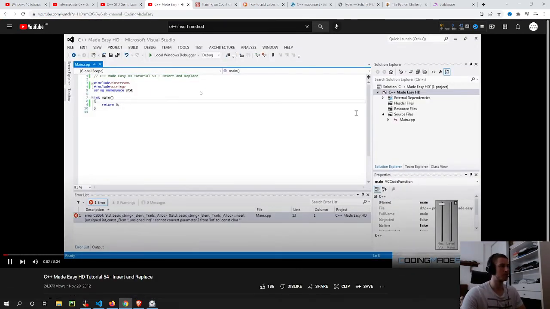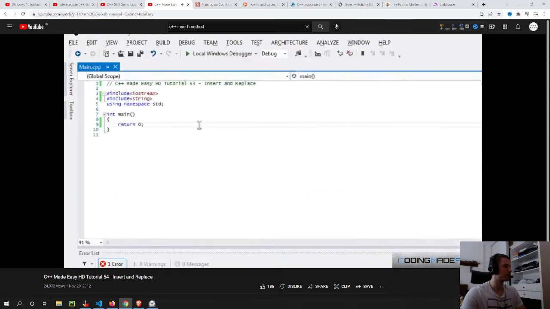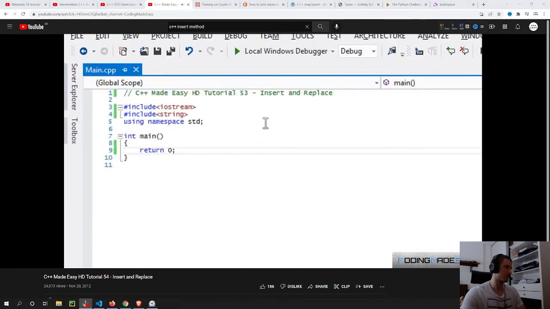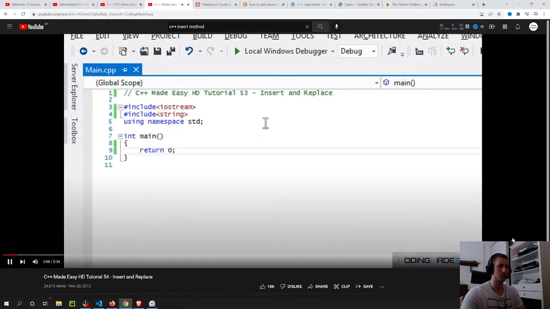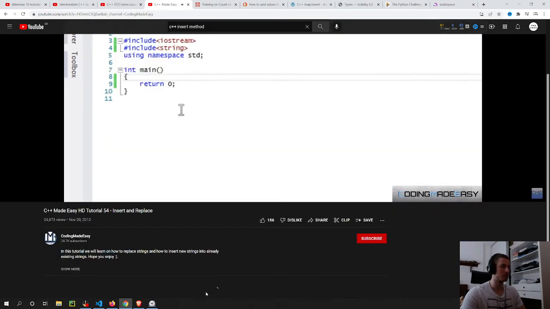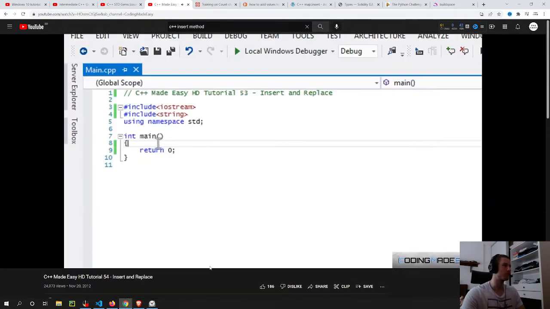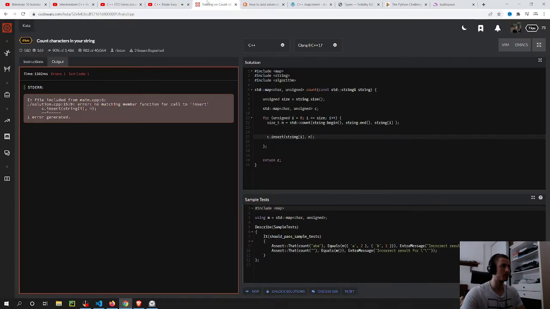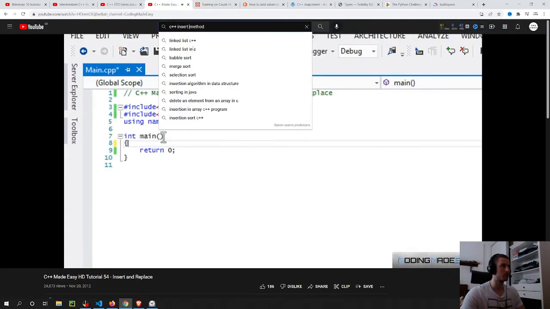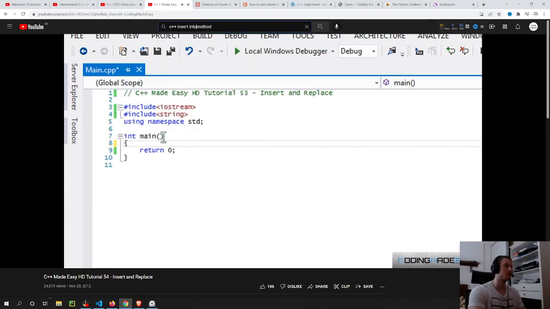Hello everybody and welcome to your next C++ Made Easy HD tutorial. And in this tutorial we're going to be learning about two more string functions, and that's the insert function and the replace function. So what the replace function does is what it says. It replaces some text in a string, and insert doesn't replace it, but it inserts something so you can add something to a string. Okay, and that can be a vital thing. This is why I say strings are important, because it can help with text files. We know that we cannot insert text into text files. We can only replace